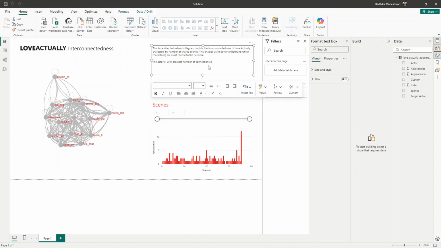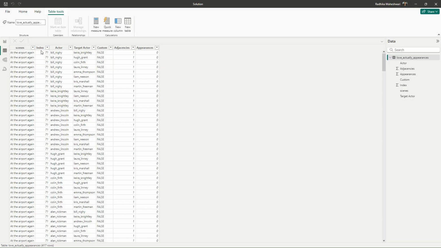Now in this text, the actors with greatest number of connections, we need to determine which actor has the maximum number of connections. If we go back to our table view, what we essentially want is, if we take this particular actor Bill, we want how many distinct target actors he has as his connections. So we are going to use a measure to find this out.